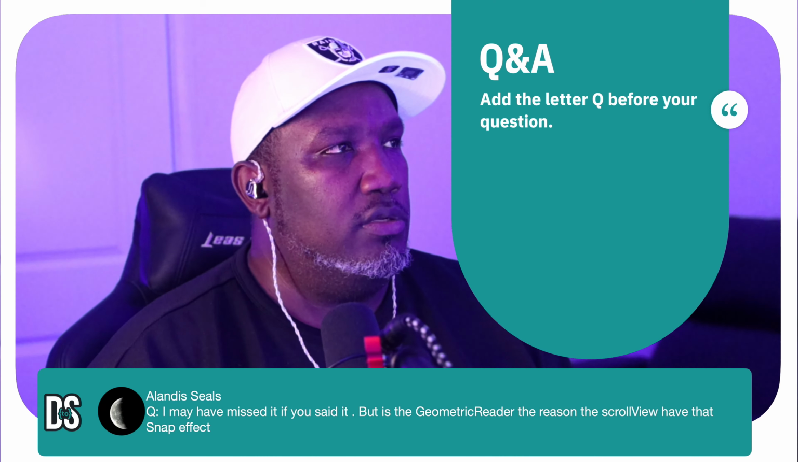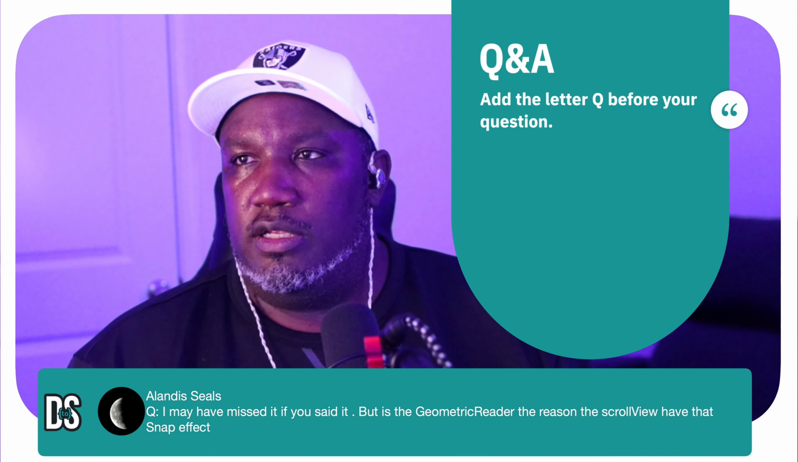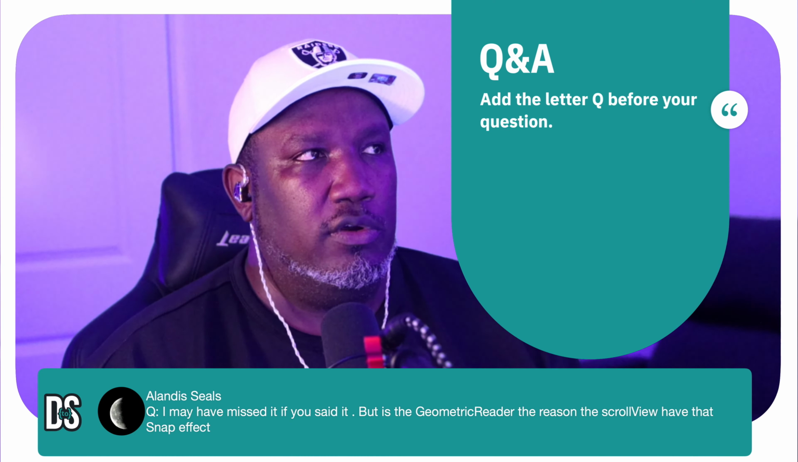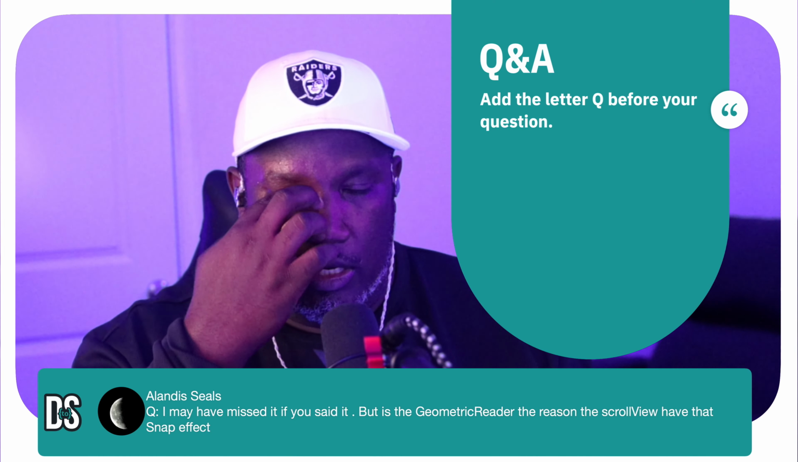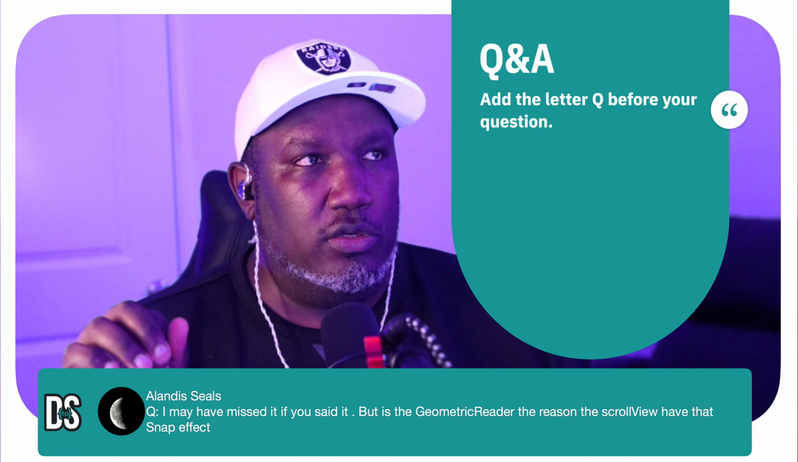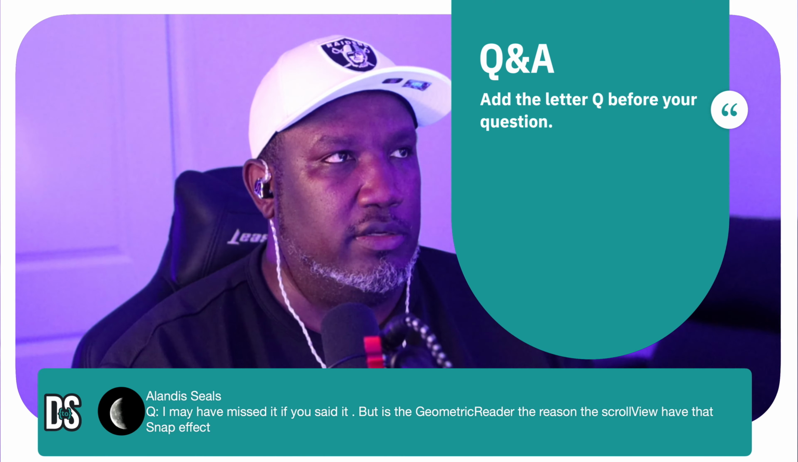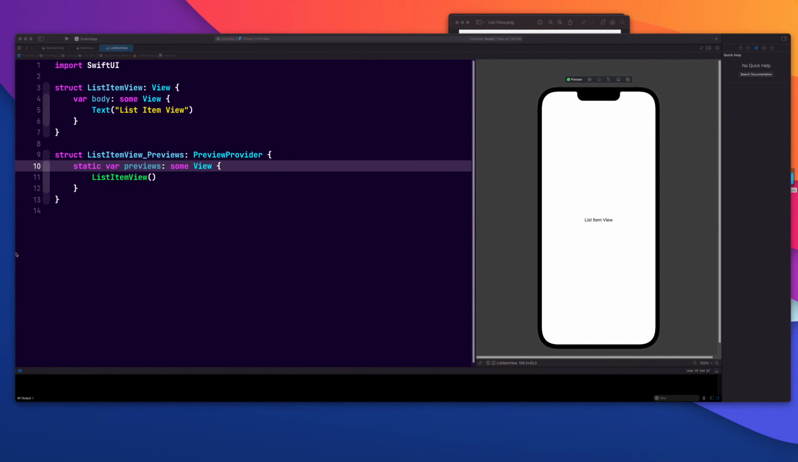The reason the scroll view has the snap effect, no, that's the scroll view has the snap effect. It's just a default behavior. Geometry Reader doesn't have anything to do with the scroll per se. It's sizing. So if I go back to the code, let's go back to this, and then let's go to